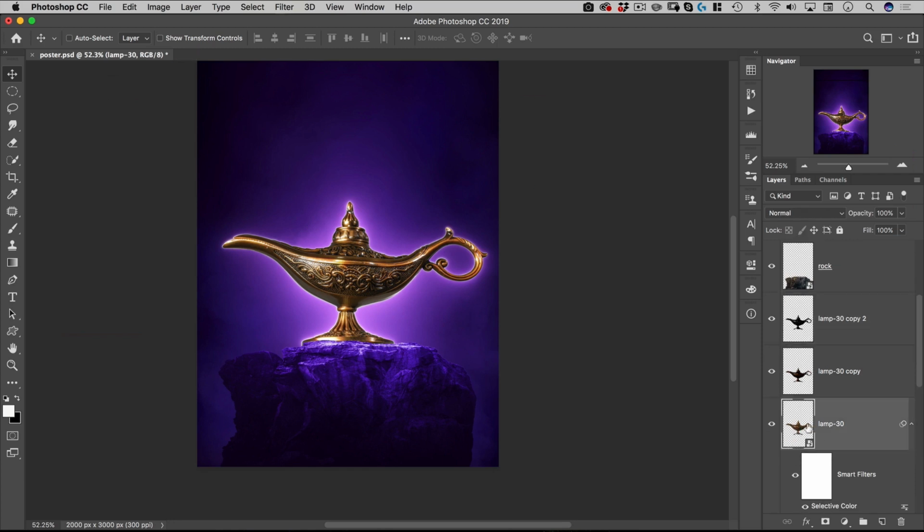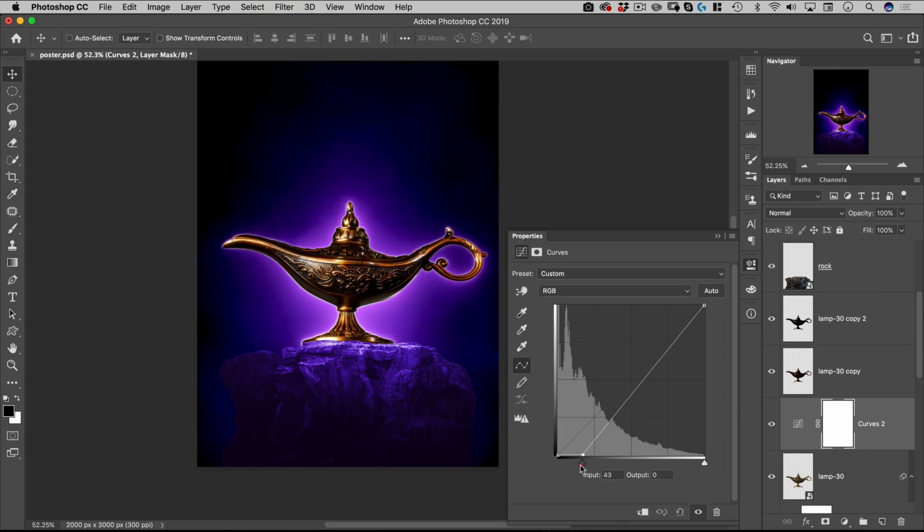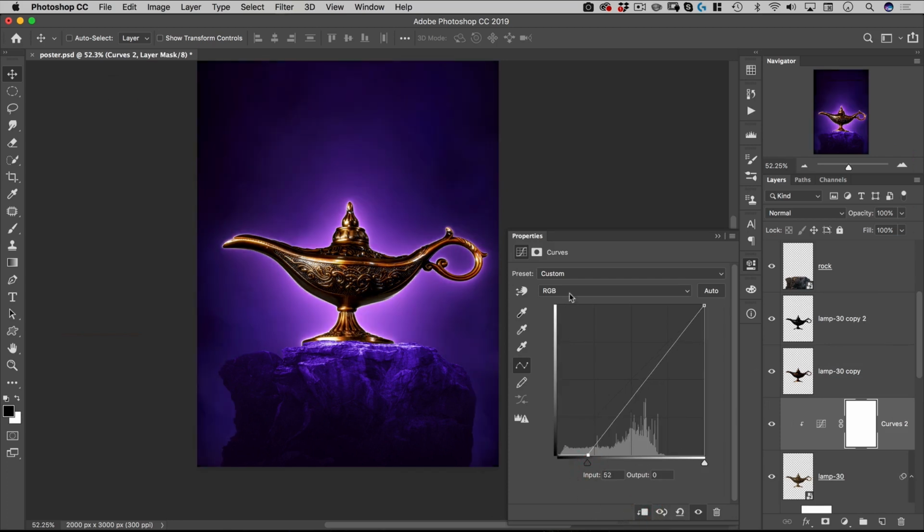I also want to, on this layer, make the bottom of this darker and a little bluer. So right kind of where that ambient shadow of the rock would be. So let's go ahead and add a curve to this. Bring down the bottom and bring up the blue. So that's quite nice there. Maybe on this, rather than bring the bottom so sharply, what we might do is kind of do it a little bit